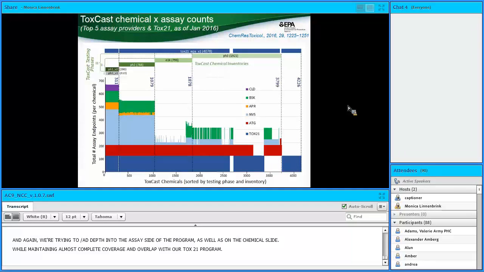So this slide is intended to give you kind of a snapshot. I pulled these data, or someone pulled it for me, in January of this year. And this just gives you a snapshot of the assay coverage per chemical, as was just asked about. I've also tried to represent on this figure, which is a bit dense, I realize, the temporal expansion in going from left to right as we've added inventories. The bottom blue bar indicates the Tox21 chemical assays. You can see from this figure as well